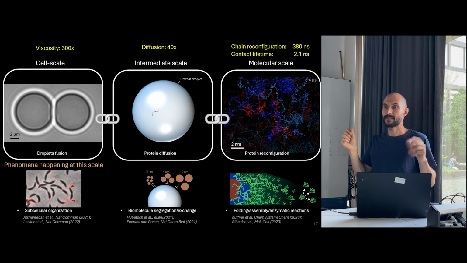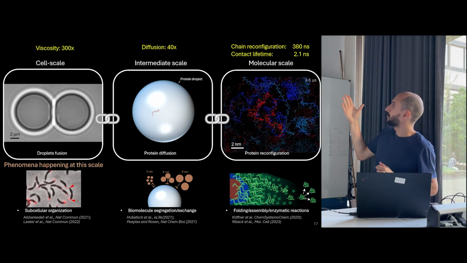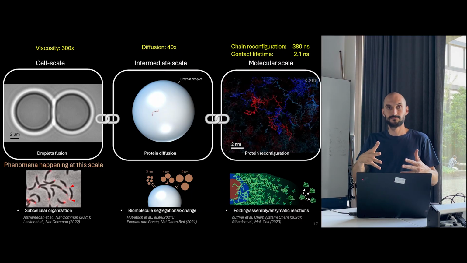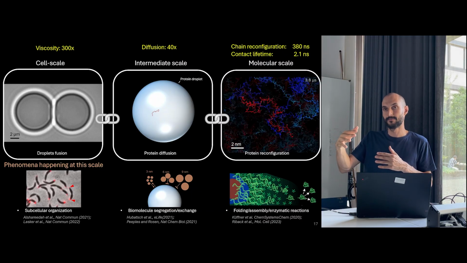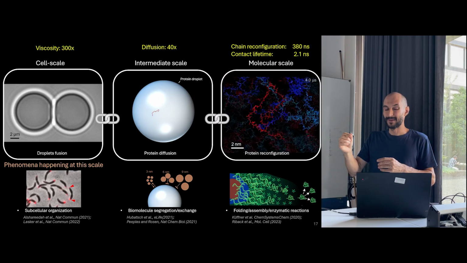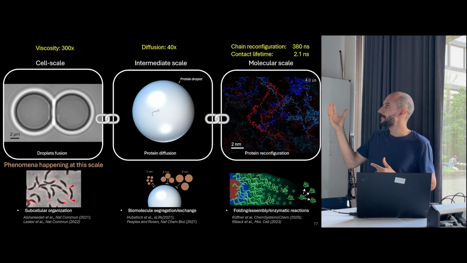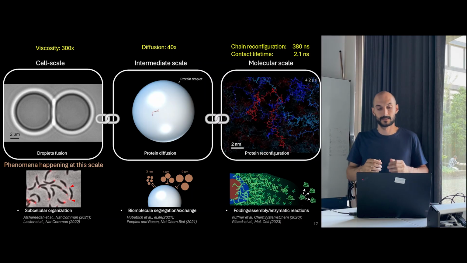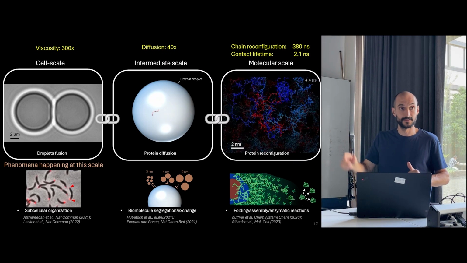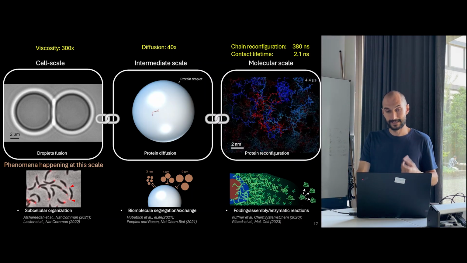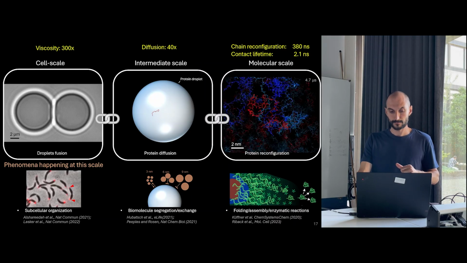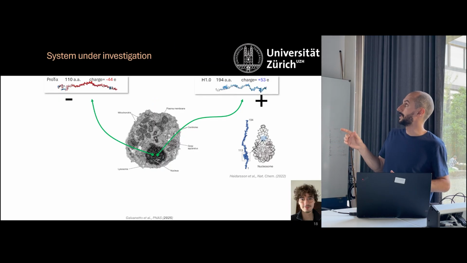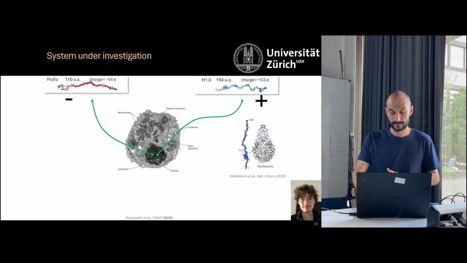Because intuitively speaking, you may say, sure, if you have a chain that is reconfiguring very slowly, it's more likely that you're going to have a pretty high viscosity, but is there maybe some mathematical relations, some models that can describe these different scales? So to answer this question, with my student Simone Del Grosso, we expanded the data set,